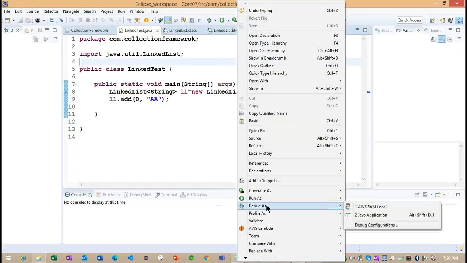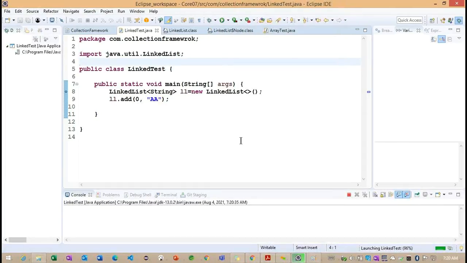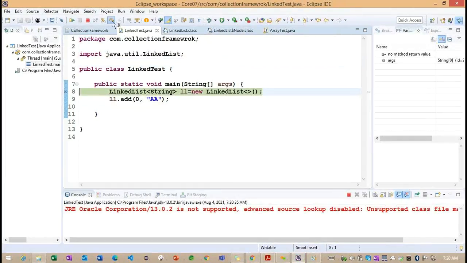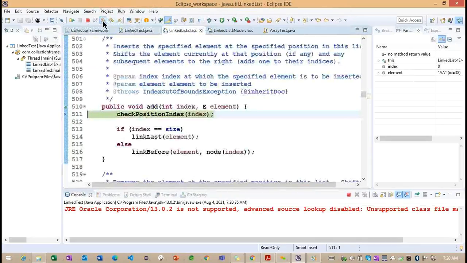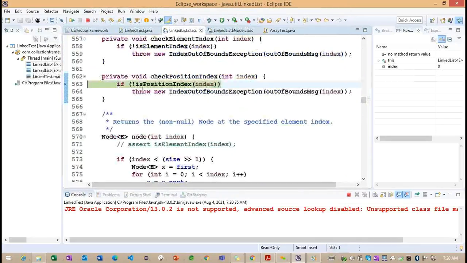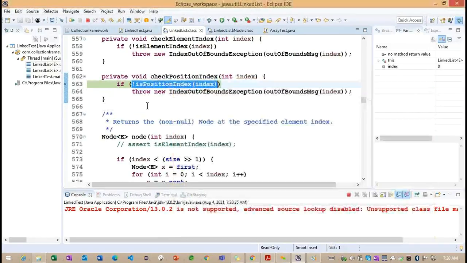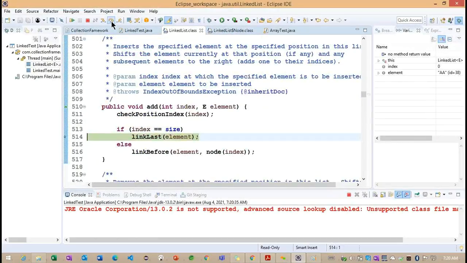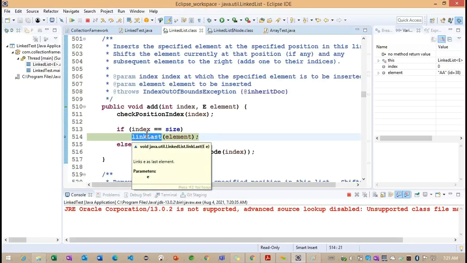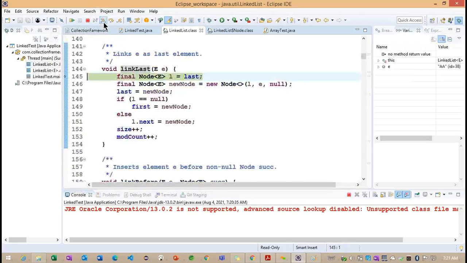Right. Now you can see, if I run one more time, the linked list add method, so we are checking. Now we'll find out the information that is returning false. If it is returning false, we are not going to get any exception here. Okay, so index equals size. Now what are they doing here? They are calling linkLast. For the linkLast method, we already identified it in the last class. So what will it do? It tries to find the last node.